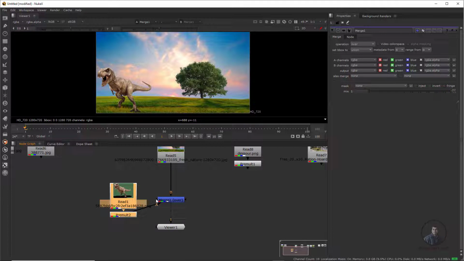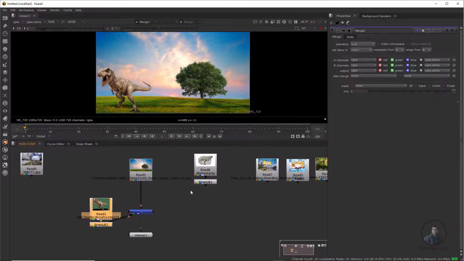So you will get another input, which will again be our foreground, but don't use this one because later it will create a problem for you. Suppose you want to compose another object or another image, then you have to take another merge node. So here I am going to compose this one also in our composting.